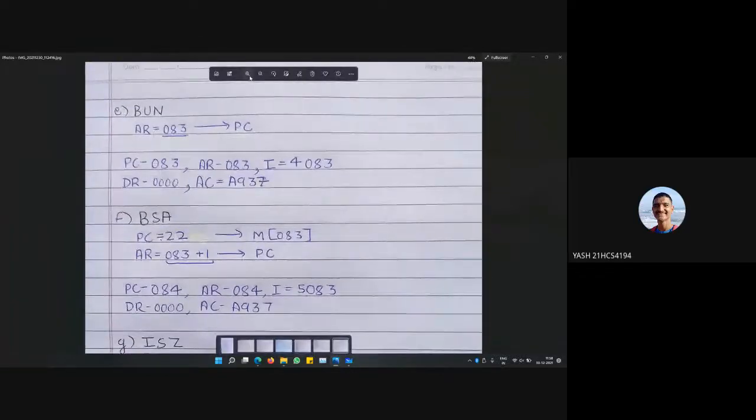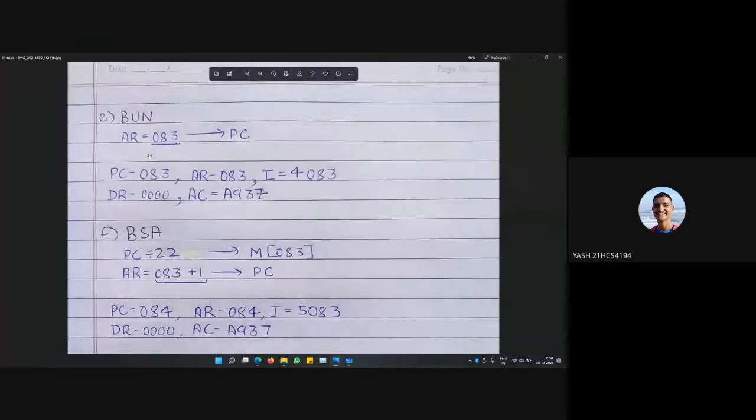Now the next instruction is branch unconditionally. This instruction will take us to a new address. The instruction that we have fetched was read from PC value 021 initially.